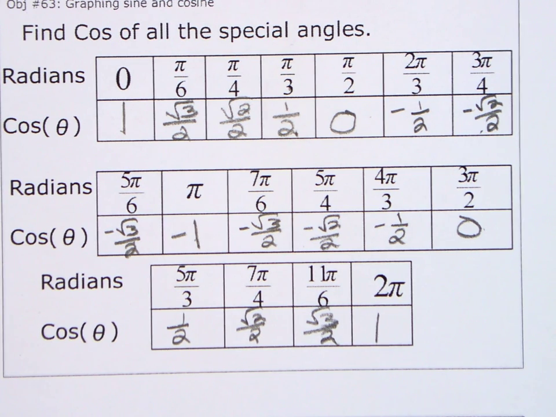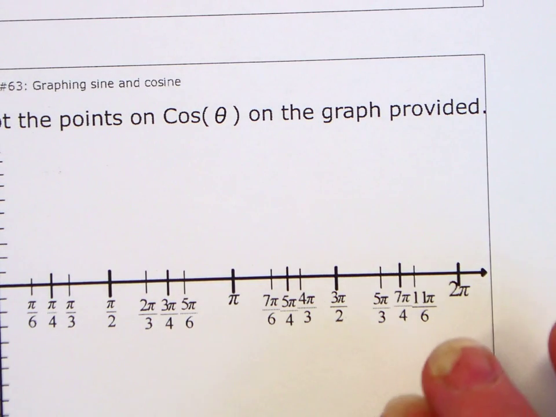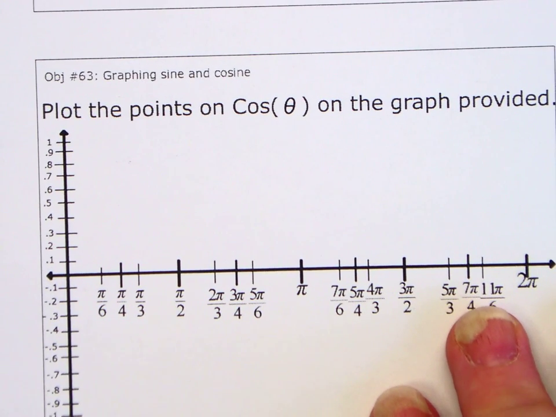We're going to do the same thing, plot the same points on the grid. I can't do double this time, so you're just gonna have to pay attention. All right, so cosine of 0 this time is